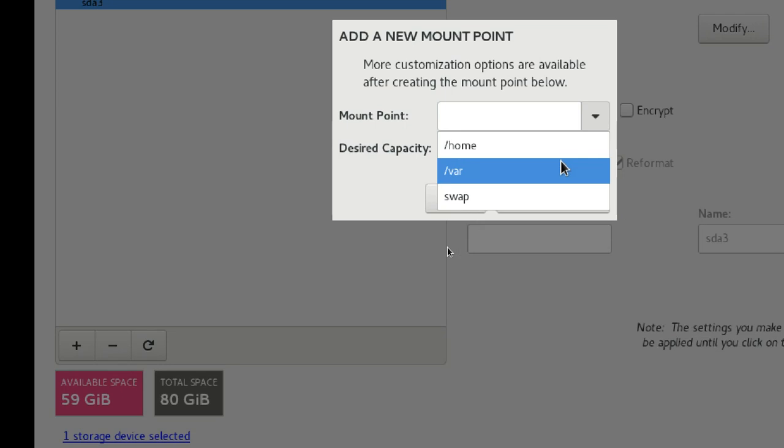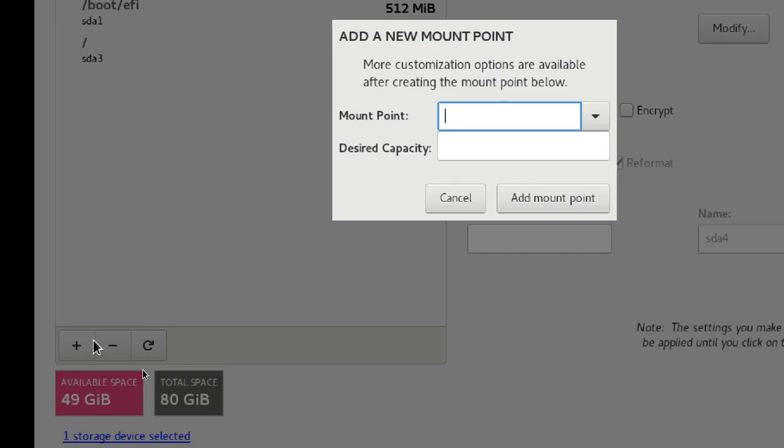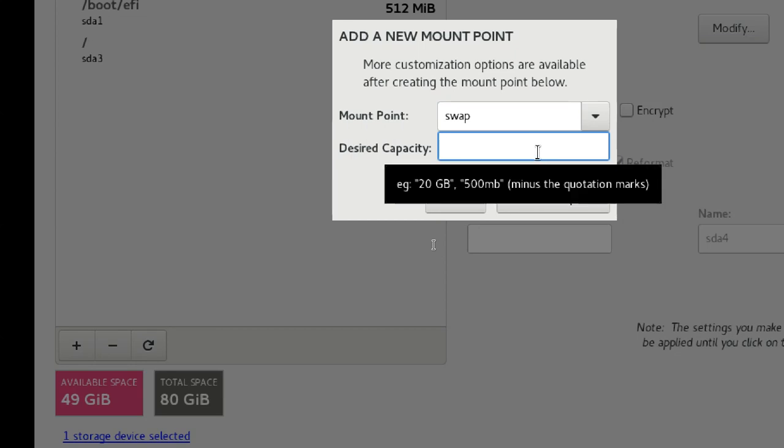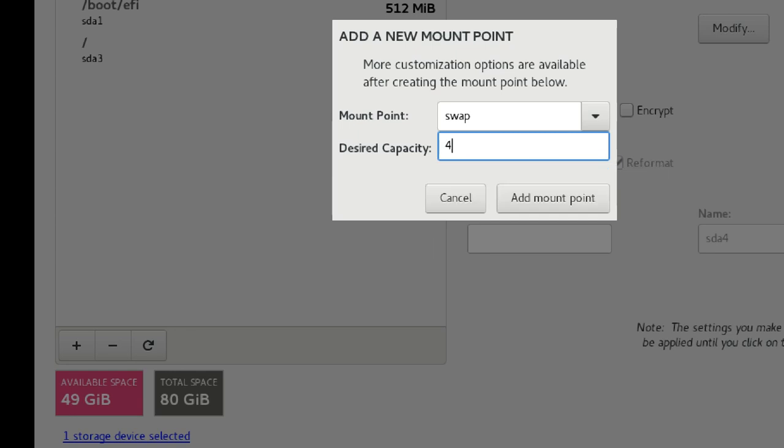Home is again 10 GB, I think it is enough. My plan for swap: currently my RAM is 4 GB, but I will change it to 2 GB. So 2 into 2, 4 GB swap memory.